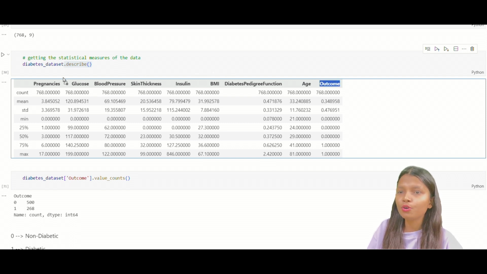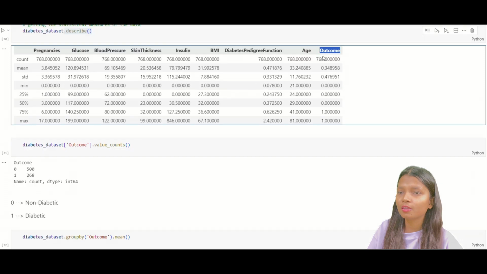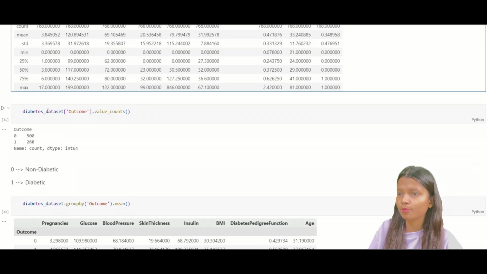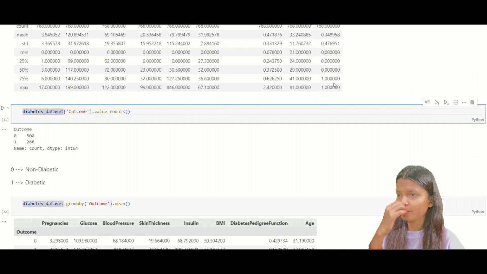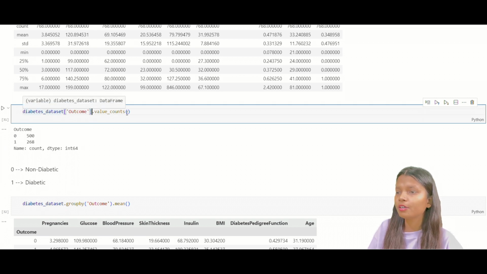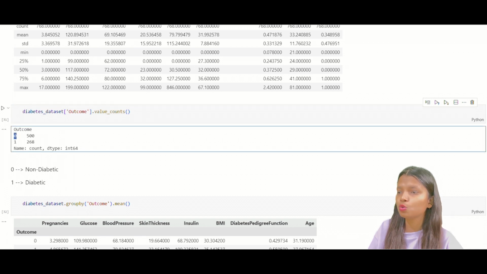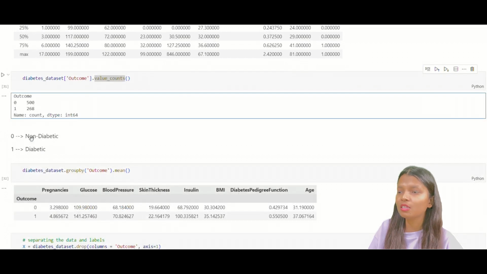I wanted to know how many values are there in outcome and what the division between them is. In outcome, we have 2 values, 0 or 1. So I have printed the value counts of the outcome variable using the value_counts function. Here it gives me an output that 0 is 500 and 1 is 268, where 0 means the person is non-diabetic and 1 means the person is diabetic.